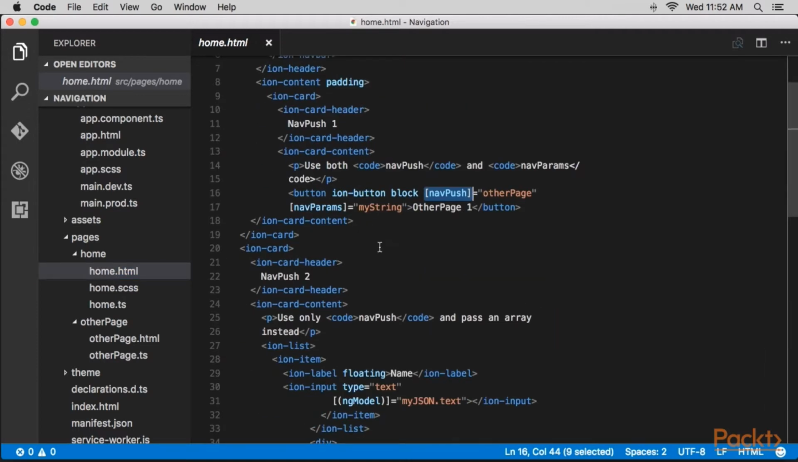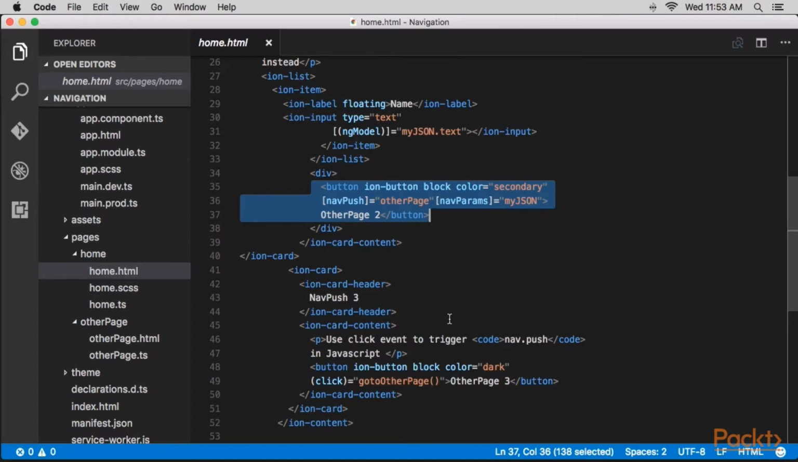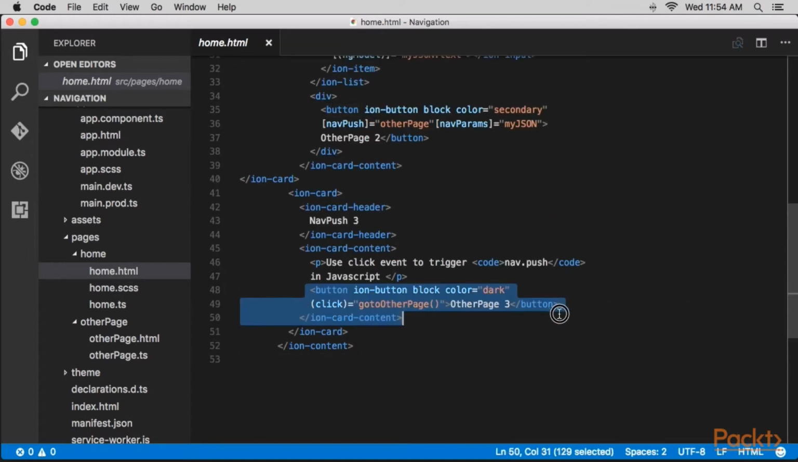You can use NavPush and NavParams directly inside the template. You just need to pass the internal object of the class handling this page. So, in this case, you have to pass otherPage and not OtherPage. Notice the uppercase O. You can also pass a JSON object as a param into NavPush. The third scenario is to navigate to a new page manually, as shown, using a method implemented inside the page